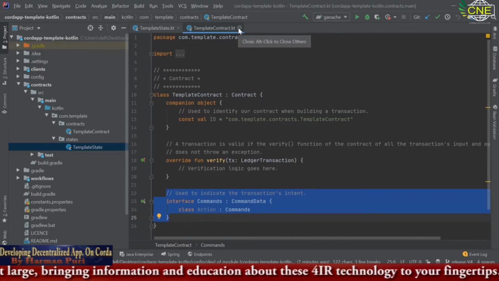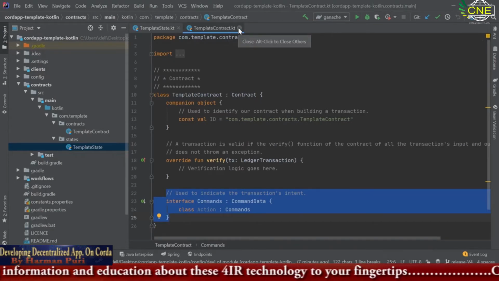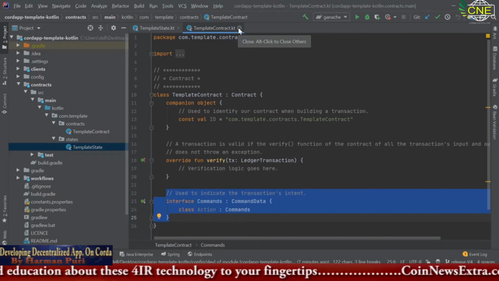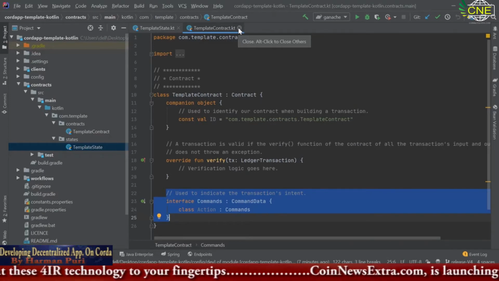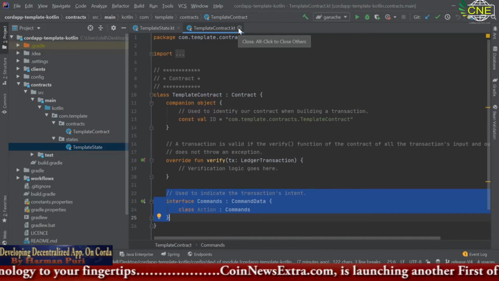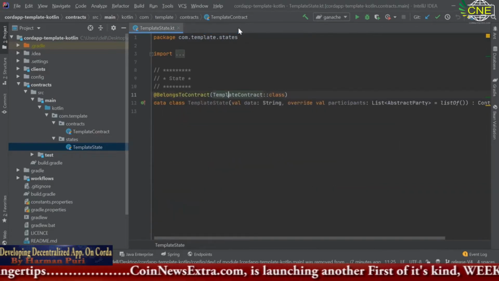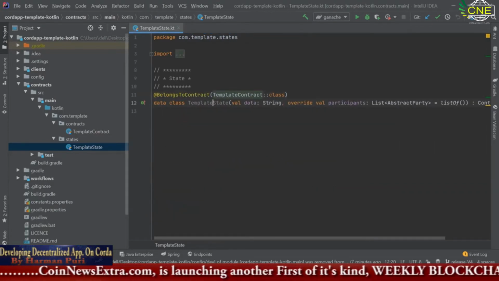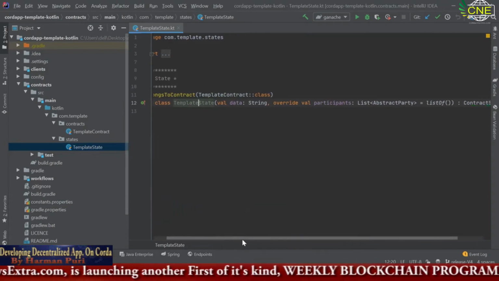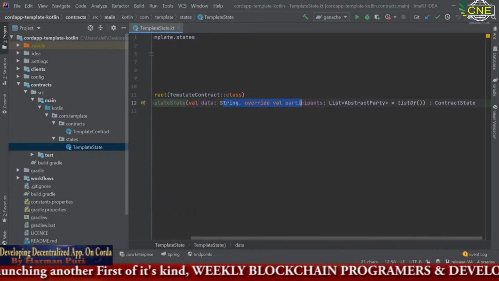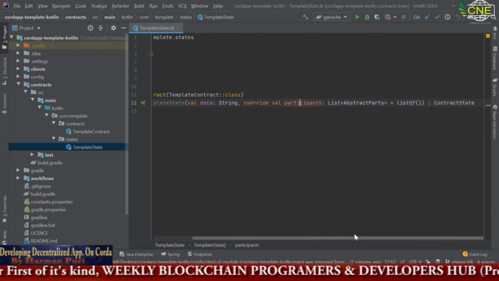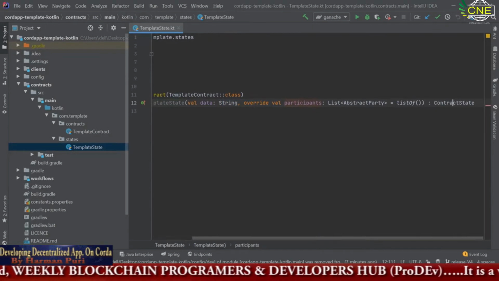We will look into each and every detail in further lectures, but I am just giving you an overview of what the structure of a Corda app is. Okay, so this template state, example state, holds data, participants, and is of contract state type.